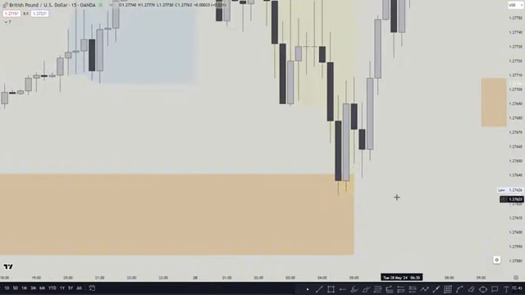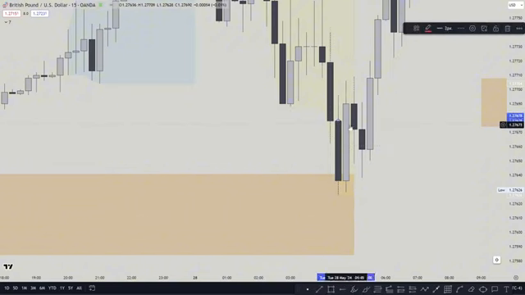In the London kill zone, we sweep that level inside of the fair value gap, and we had accumulation, manipulation, and then engulfing. But this is a body engulf. So if you don't trust this, it engulfed the body of the candle, and it's significantly a big one. So you could have trusted this one, or what you could have done is wait for another 3 candle pattern,